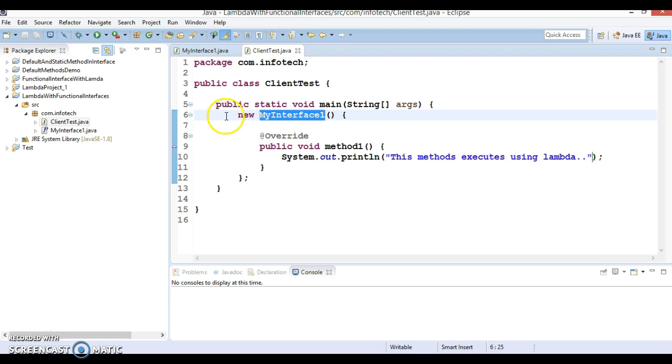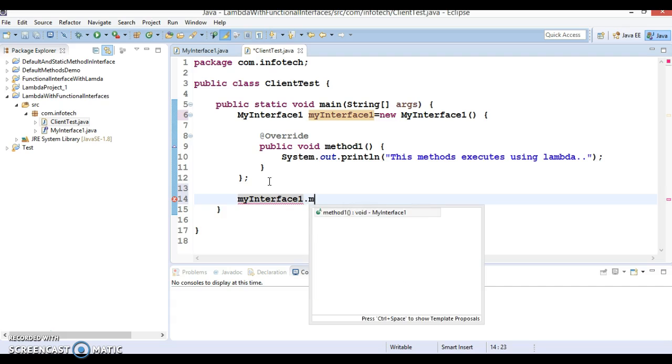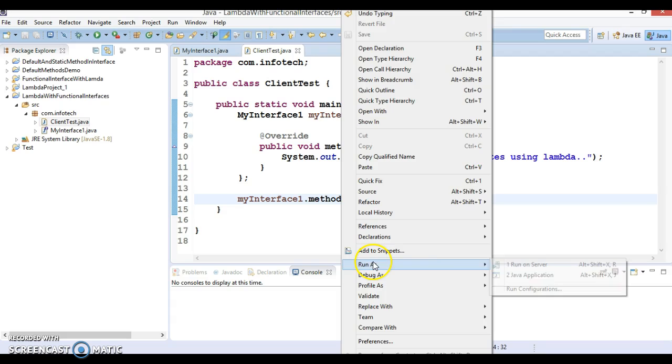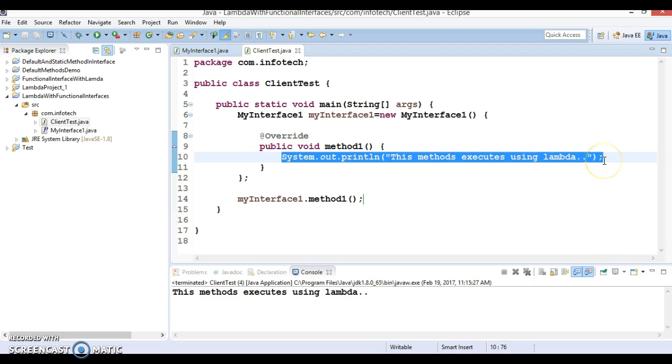So we can store this anonymous class object in one local variable, I would say myMethod1, like this, and you can make a call to this interface method, which is nothing but method1, right? And if I run it, then the code inside this method1 is executing successfully.